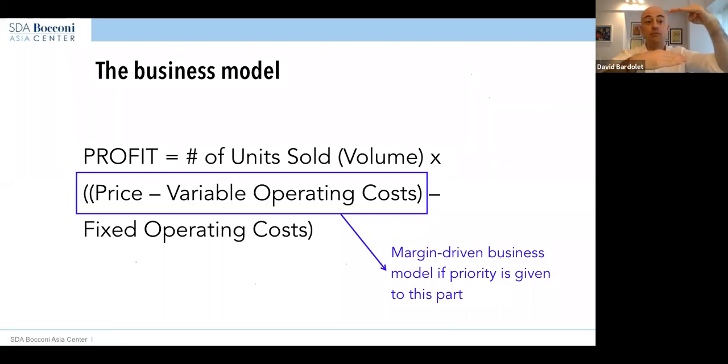Of course, I want to make that margin big, but as I try to reduce the operating cost, what do I realize? Why are the customers buying at a high price? Exactly. For example, because the product has high quality, because the product has a lot of features, because the product has a lot of service attached. It's not only quality, but because the product has a very good brand. So all the things that I just said cost money. Sometimes cost a lot of money.